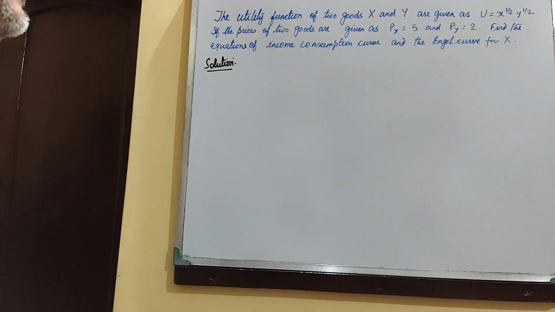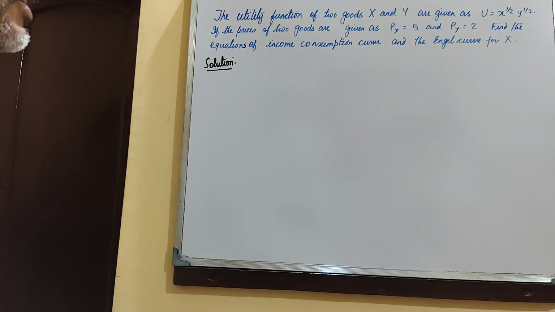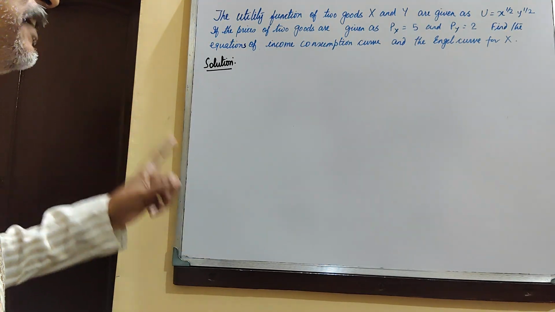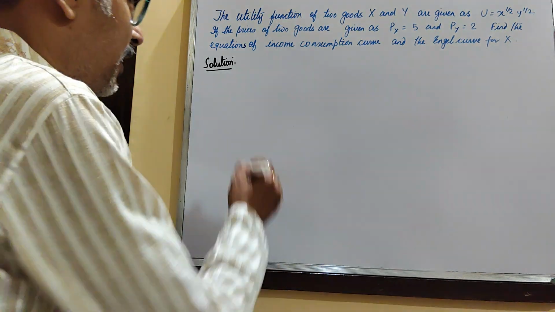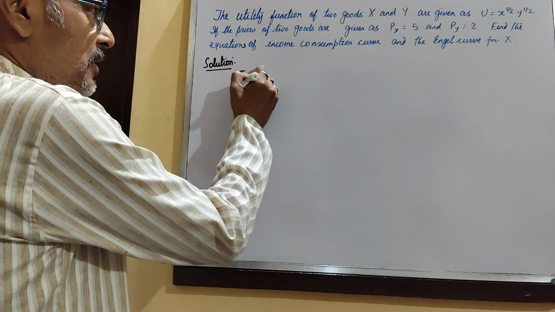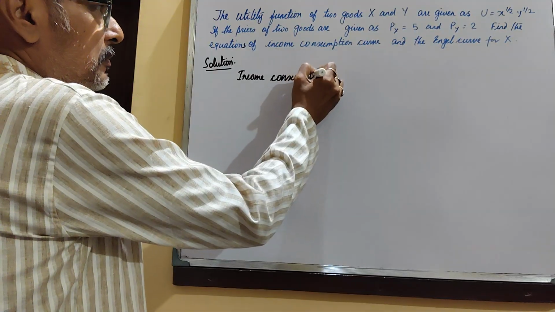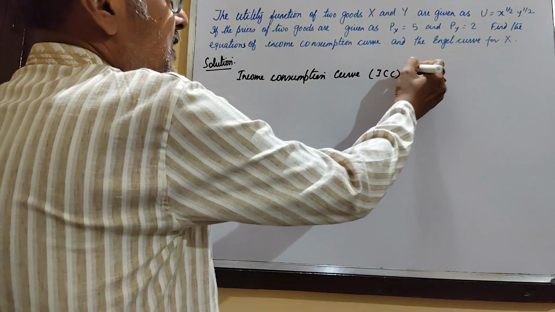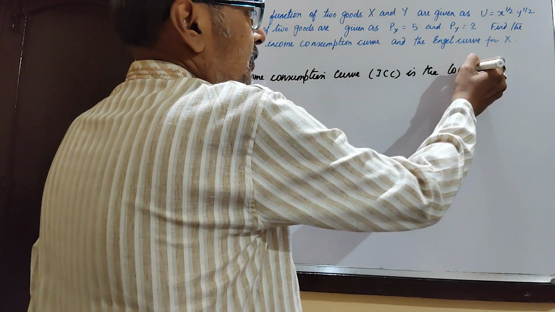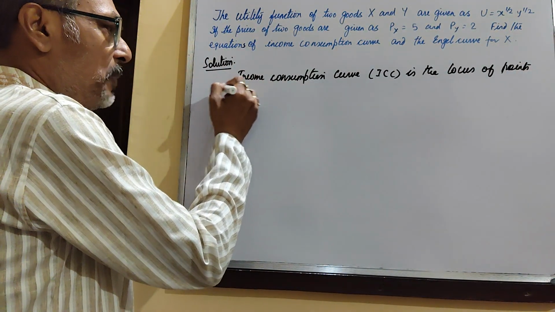Now first, what is the equation of income consumption curve? Income consumption curve, first we define the income consumption curve, then we derive the equation for the income consumption curve. Income consumption curve ICC. Income consumption curve, denoted by ICC, is the locus of points in the commodity space